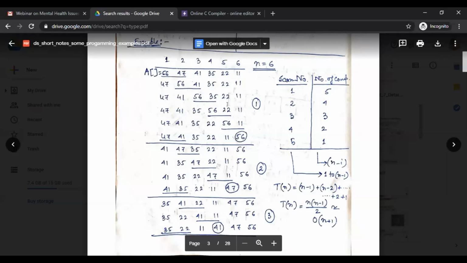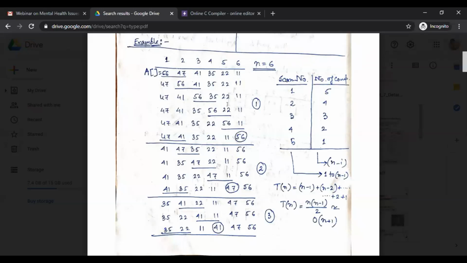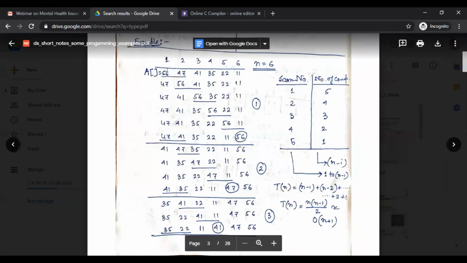Now the procedure is that 2 consecutive index positions of my array are compared with each other. We know this position is A[0] and this position is A[1]. The array indexing starts from the lower index and ends with the upper index, which is 5.